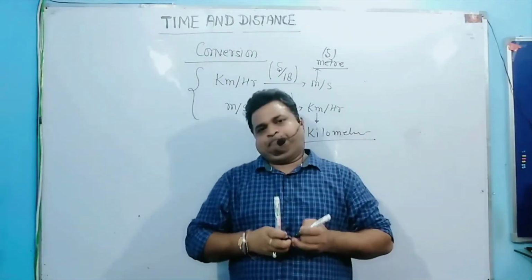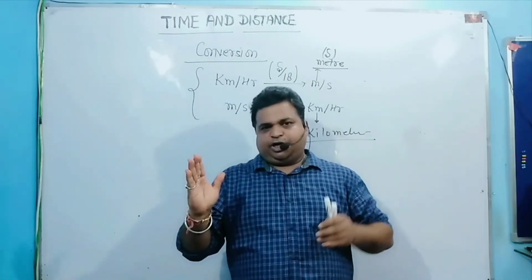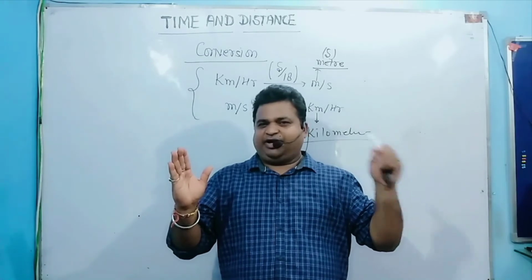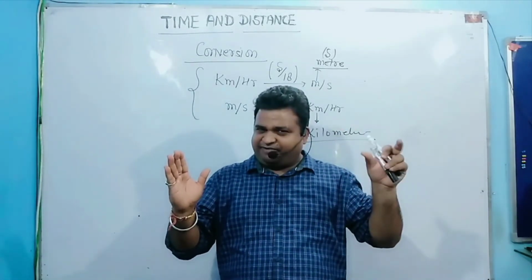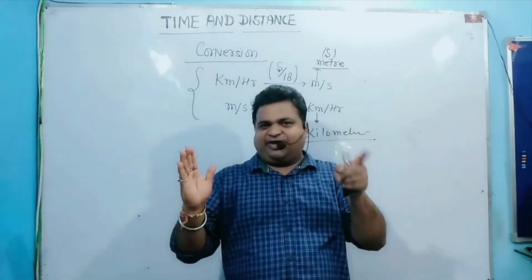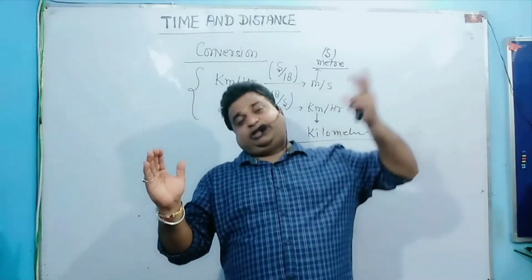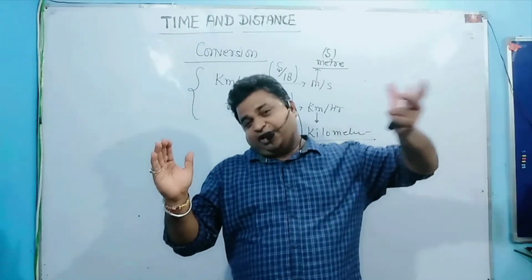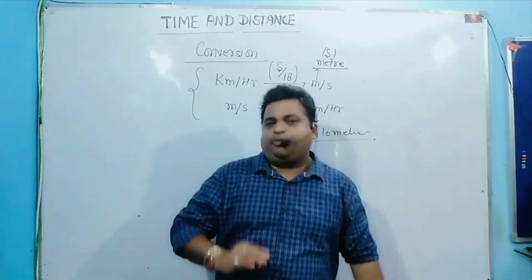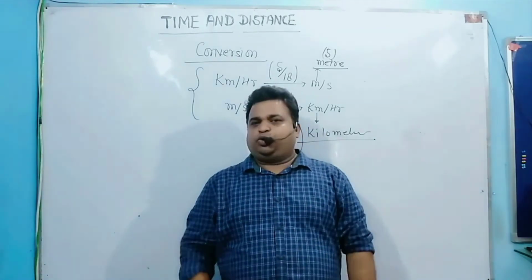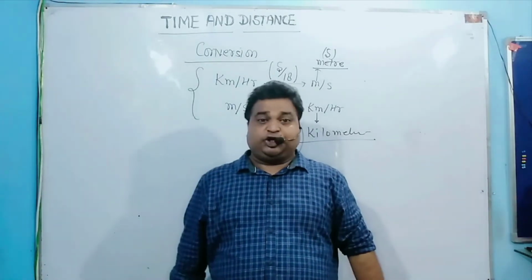Again, I am repeating. Kilometer per hour into meter per second, you need to multiply 5 by 18. Meter has 5 letters; just remember the meter alphabet. So 5 by 18 is the multiplying factor. If you convert meter per second into kilometer, it is more than 5 letters. Kilometer is more than 5 letters. So you need to multiply by how much? 18 by 5. So these two values you need to remember to convert your value into different units.